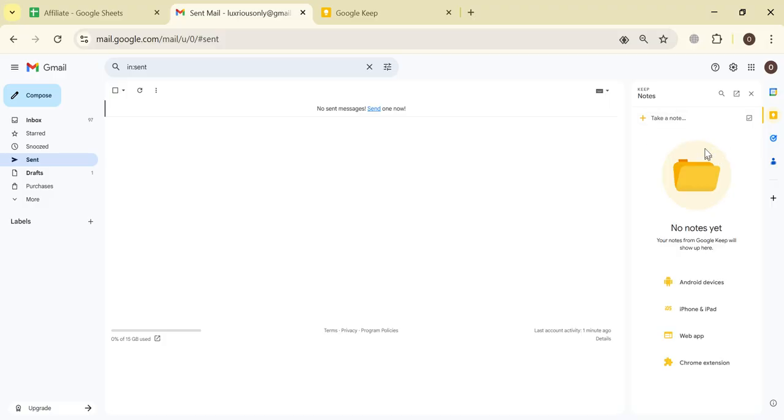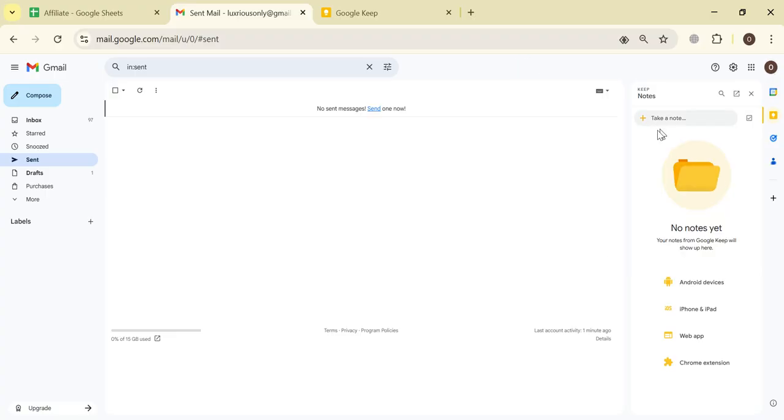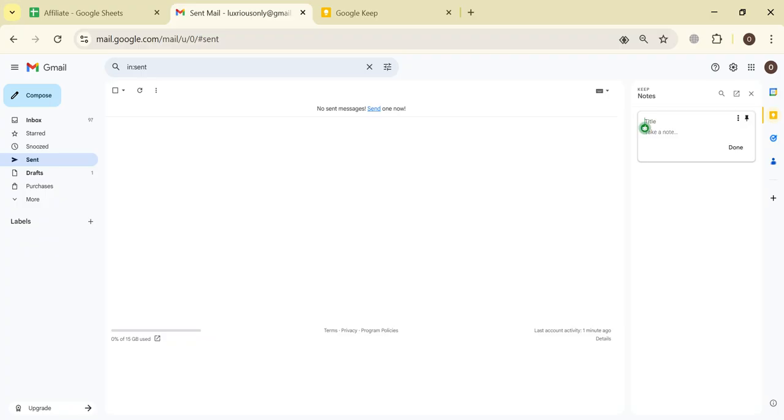And so if you want to write a note or take a note, you can just simply click on this Take a note and it will be automatically saved onto your Google device as well as your mobile device as well as your desktop device, if you have logged in with the same Gmail account on all the devices. So just simply click on Take a note, and in the title section you can write the title of the note. Let's write a title here, and in the Take a note section you can write the description of your title. So that's how basically you can take notes.